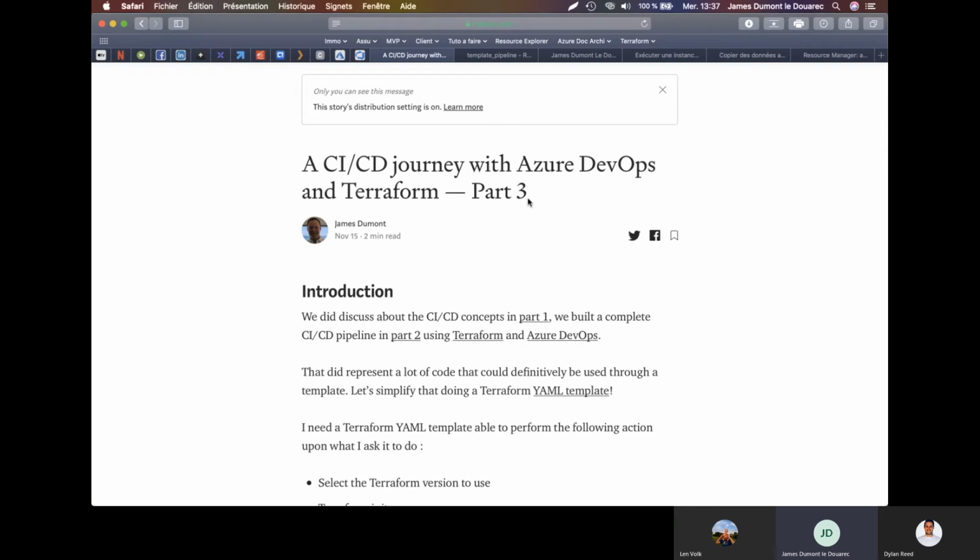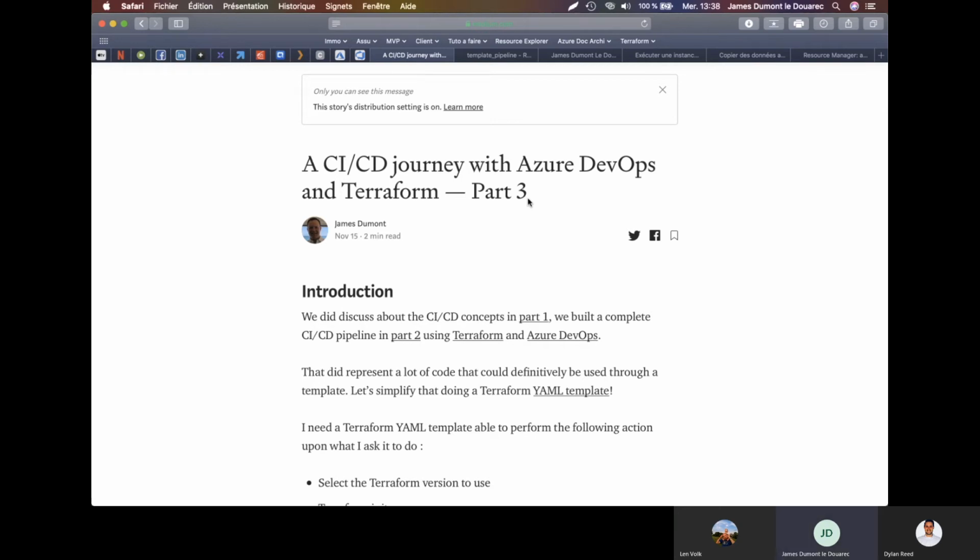And the point here is that we won't focus on a specific Azure resource. We will just focus on how to run any Terraform code with a Terraform YAML template.